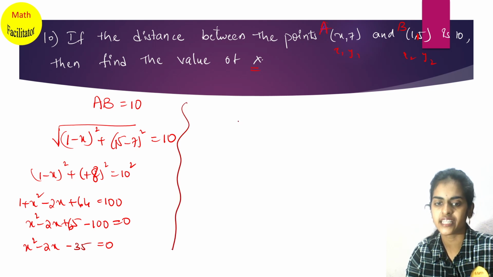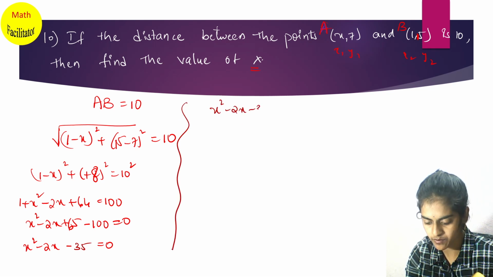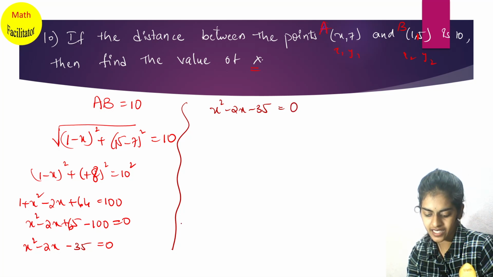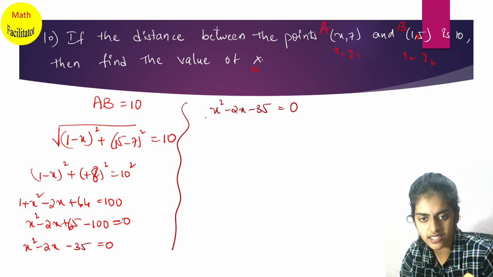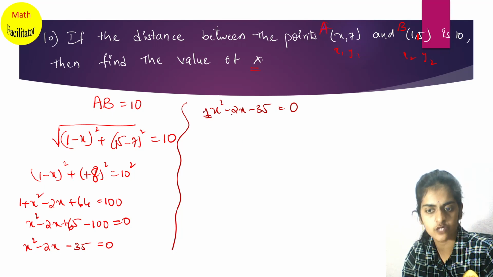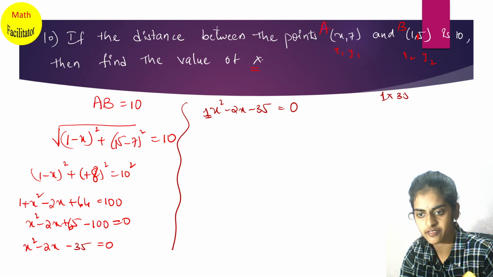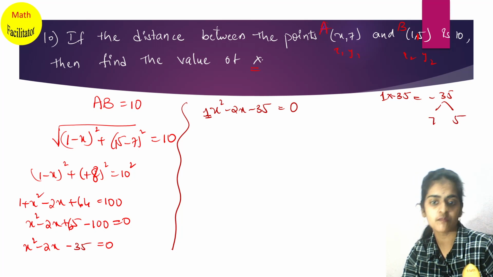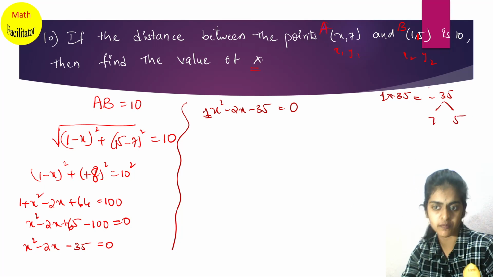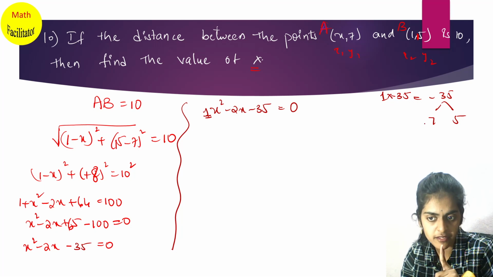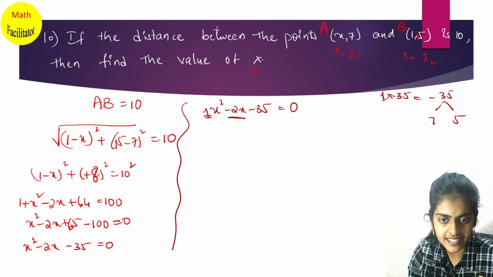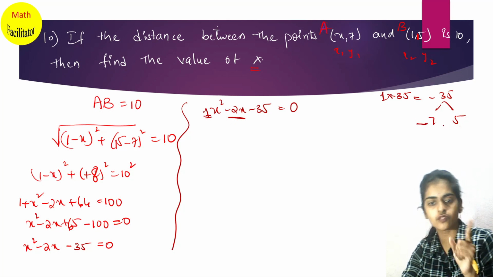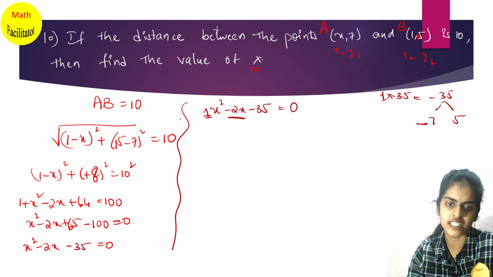So now you got a quadratic equation. So you have x square minus 2x minus 35 equals to 0, right? So now let's factorize this. What are the factors of this? Here the coefficient of x square is 1. So 1 into 35 gives 35. Factors of this are 7 fives are 35. But for one term I need a minus. Should I keep it for 7 or 5? Here you see the middle term is a negative term, so I'll keep the minus for the bigger number. Now see, minus 7 plus 5 gives you minus 2. Yes, so the combination is minus 7 and plus 5.